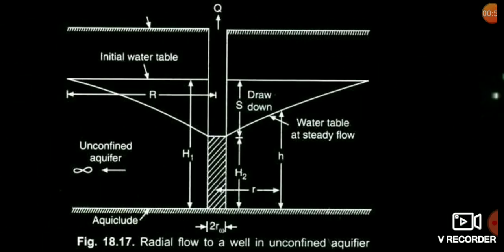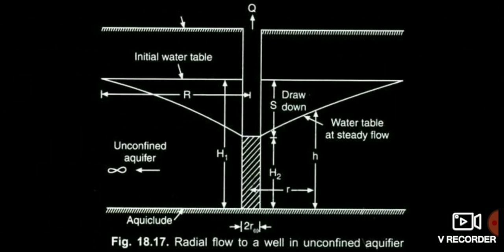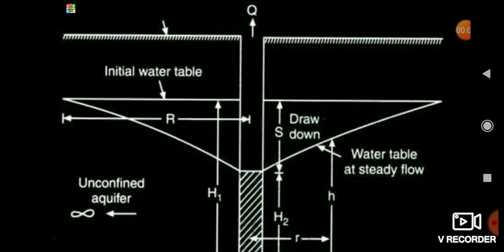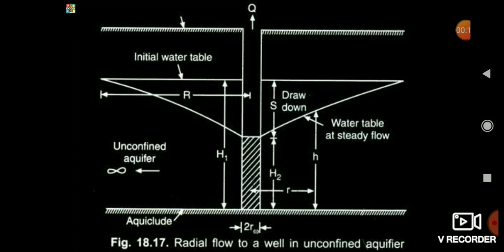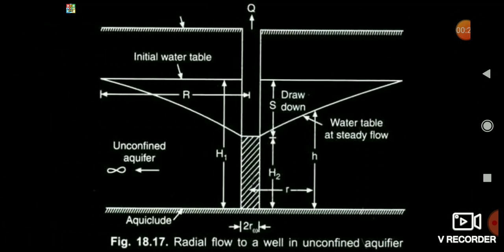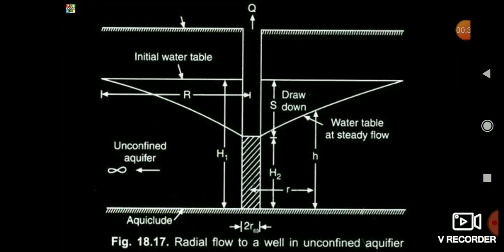Here you see in this diagram, I have written the drawdown. Here S is the drawdown, you see it clearly, means S is the distance from the topmost surface of the well to the pumping water level of the well. Here in this formula it is written S1 S2 in case of confined aquifer, but in case of unconfined aquifer it is written H2 square minus H1 square. Means in case of confined aquifer, you can write either S1 minus S2 or you can write H1 minus H2.